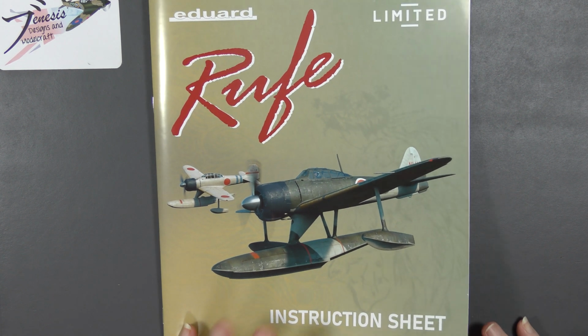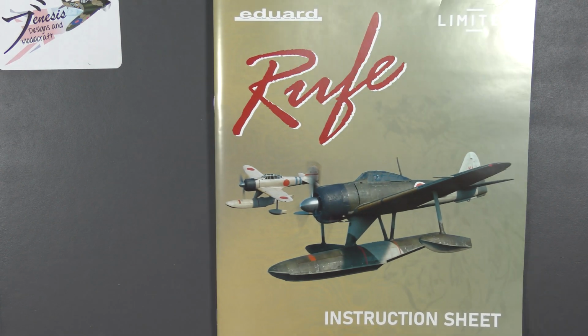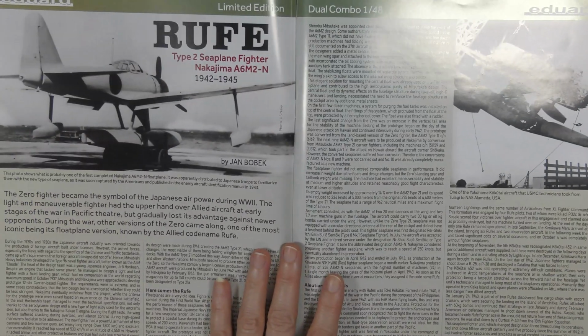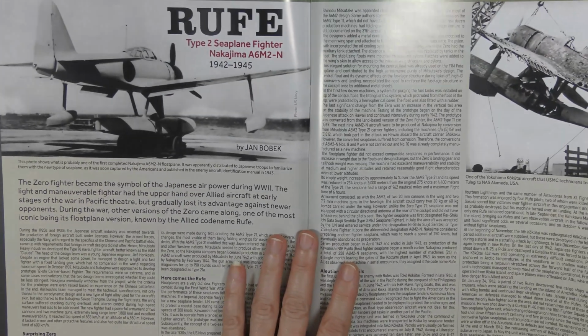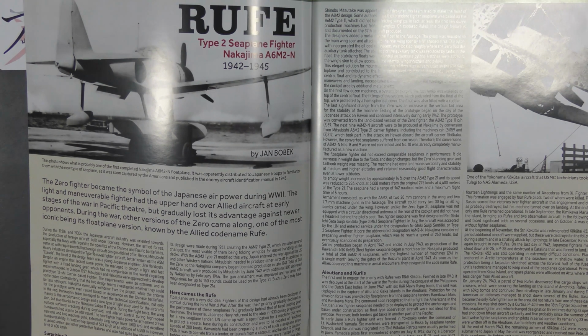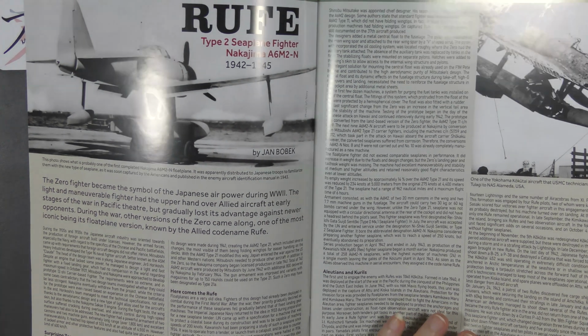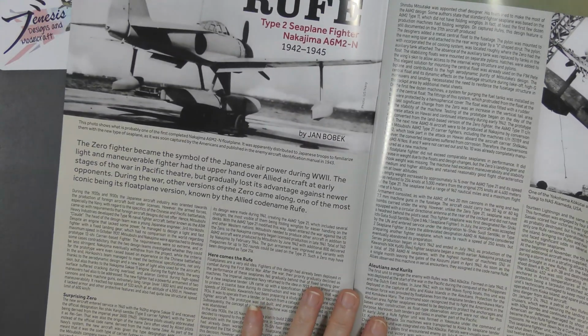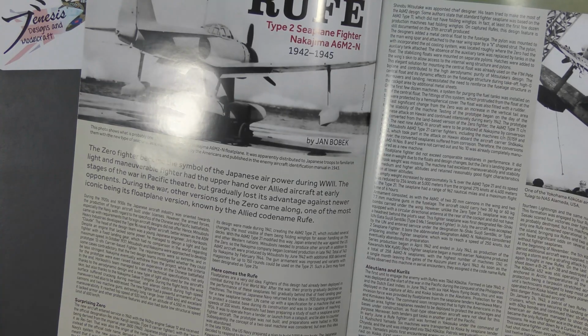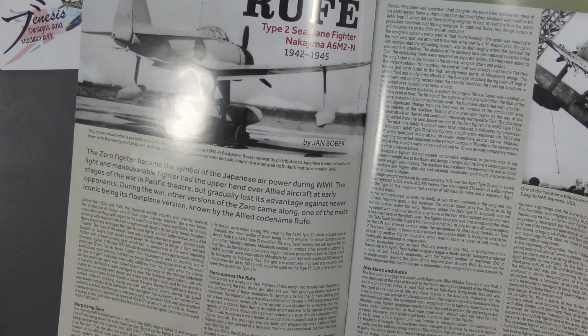Somewhat standard Eduard instructions. It's shiny, it's A4 in format. Now, some may recall these dual combo limited editions, when they started to do them, used to have extras in them, much like the Royal class boxings. You'd get a few bits of resin or extra etch in there. One such boxing had a history book, or a couple of the boxings I've had had a sort of history book included. This set has none of those things, but what it does have